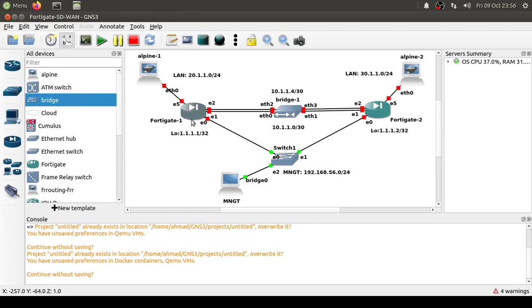And also the loopback IP addresses for my FortiGate are required, as you will see in the demonstration, which is why I'm using loopback addresses. Their management interfaces are connected to this switch, which in turn is connected to a cloud device. I've changed the cloud device symbol to this management workstation, and it is connected to a bridge interface, which is, you can say, a local interface that I created on my Ubuntu machine.